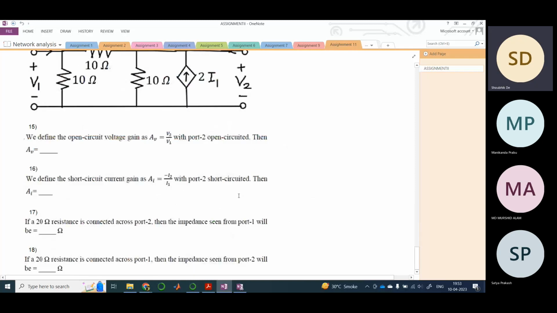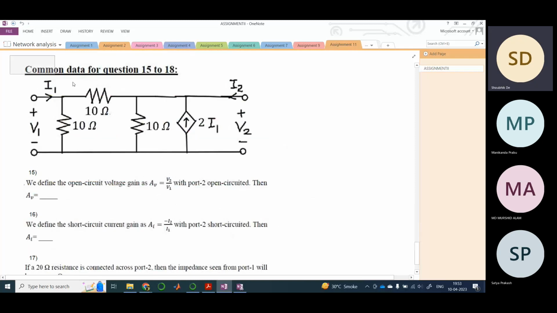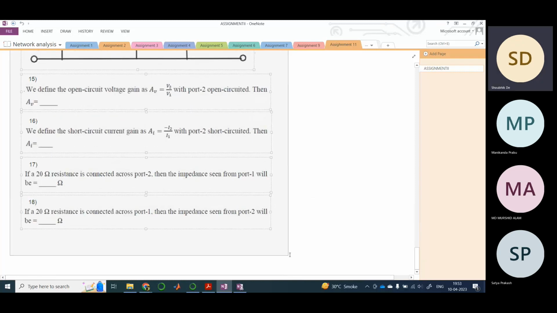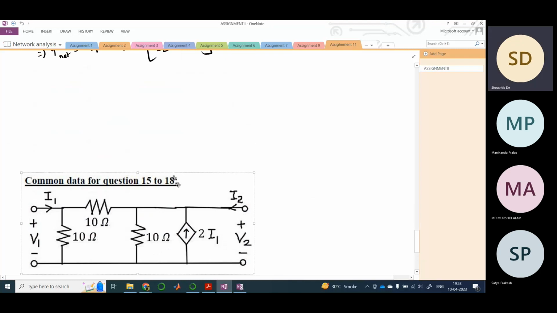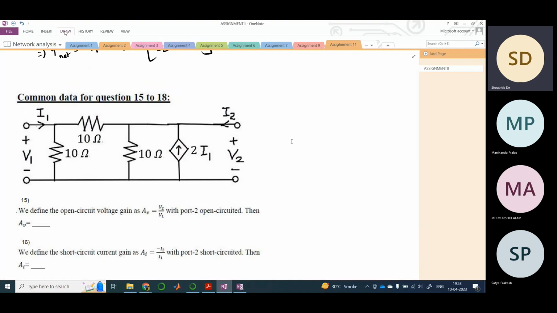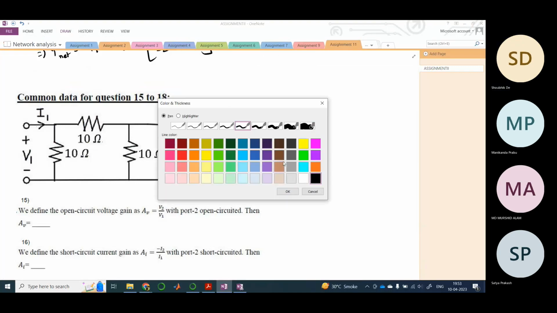So let me just pull this upward. This is the last set of questions. We will try to complete this quickly. See this question now, I won't solve it. So you can find out the Z parameters of this network, right? So in a way, if I draw like this,